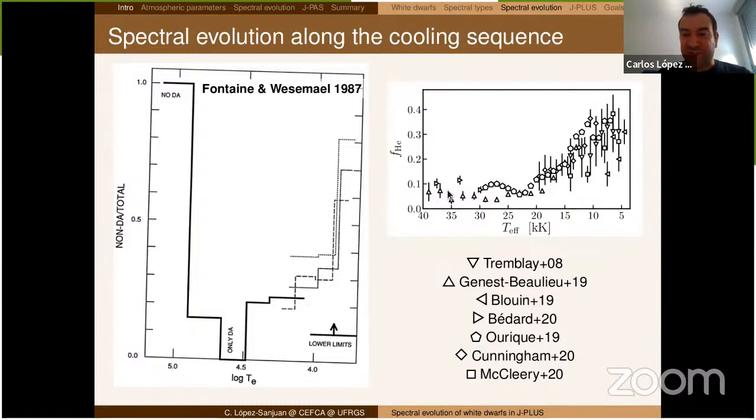So what is the status of this? This is what we call spectral evolution, and it is what we want to study. Here you can see more or less what the status was like 5 years ago, in which you have a lot of data at temperatures higher than 20,000 Kelvin. There is a minimum fraction here at the level of 5–10%, and then an increase. But as you can see, there is a lot of scatter. So the question is, how can we improve this? This is where the data from J-PLUS and the observatory enters.